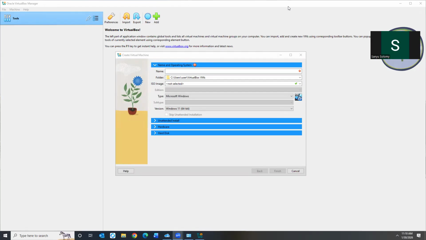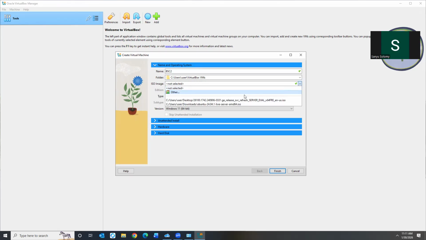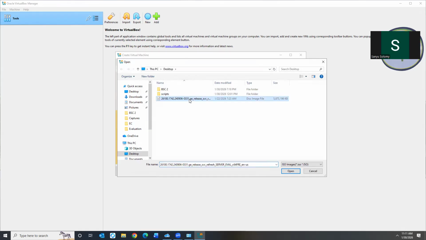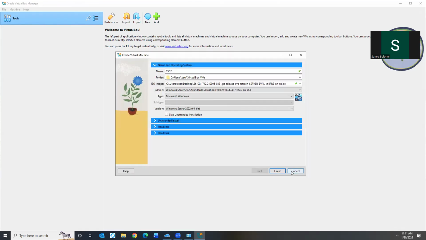So under New, this is what we have. I'm required to put a name for my virtual machine. I'll call it BHC2, and then I will also select the location of my virtual machine. You see when you hover, we have this other option: when checked, the unattended installation is disabled.